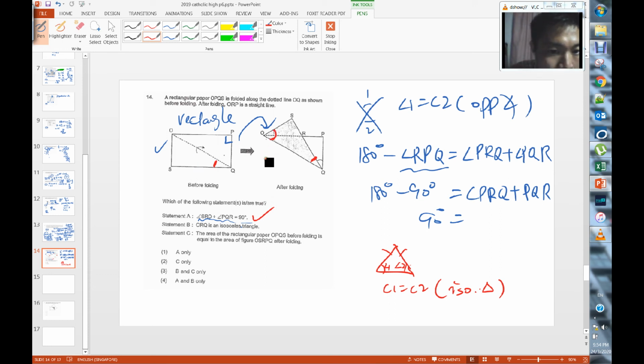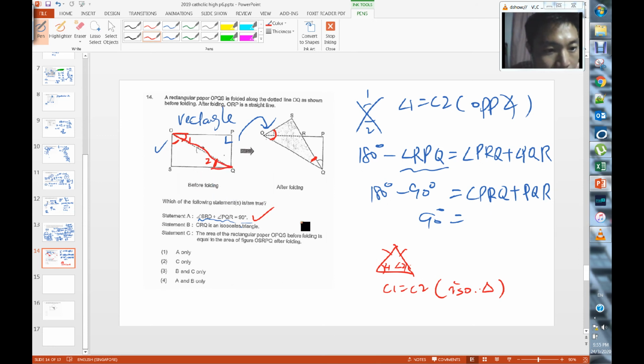This angle is this angle. Am I right? So now, can you see that this angle and this angle are the same? What's the reason? The reason is